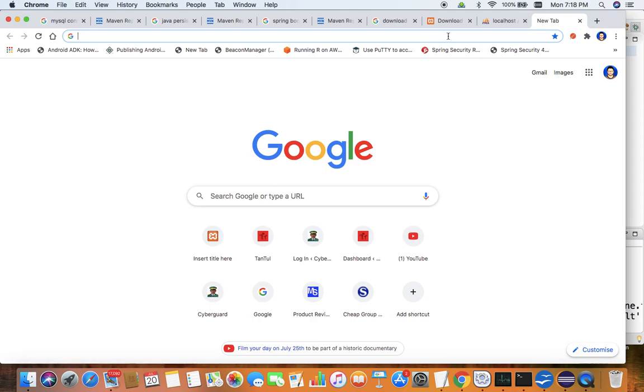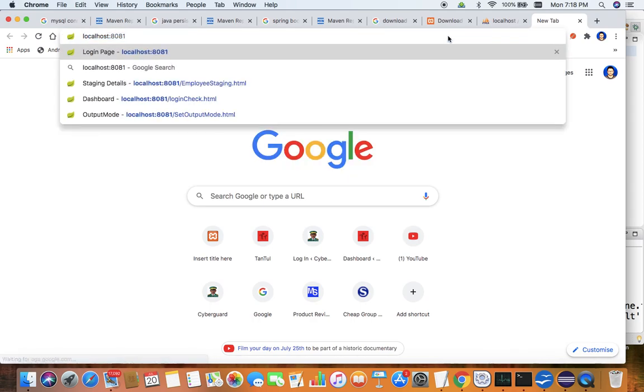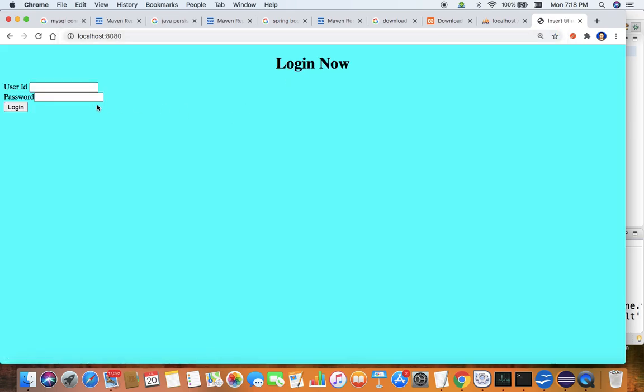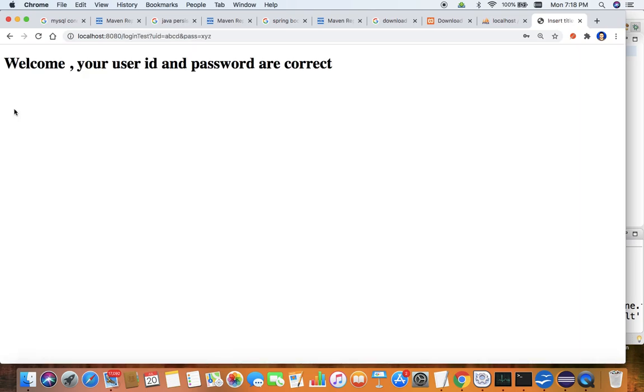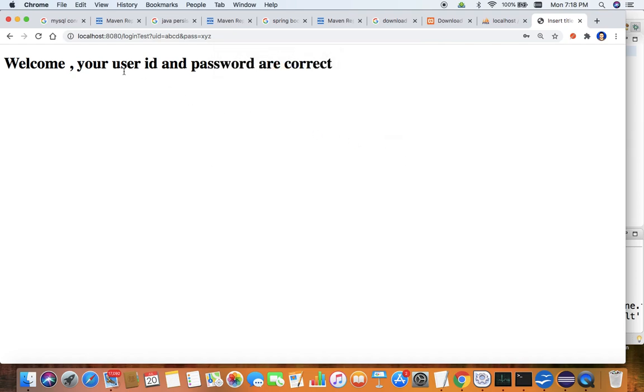you can go to a new tab in your browser, go to localhost:8080, and here is the output from index.jsp. ABCD is the user ID, password is XYZ. This is the output from success.jsp, because we have provided the correct user ID and password.